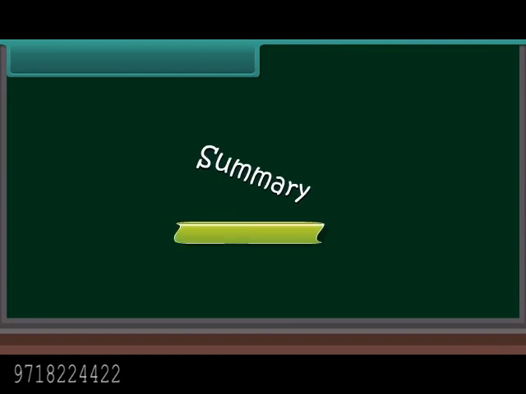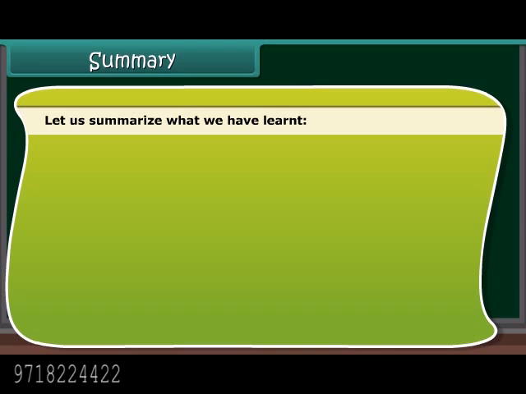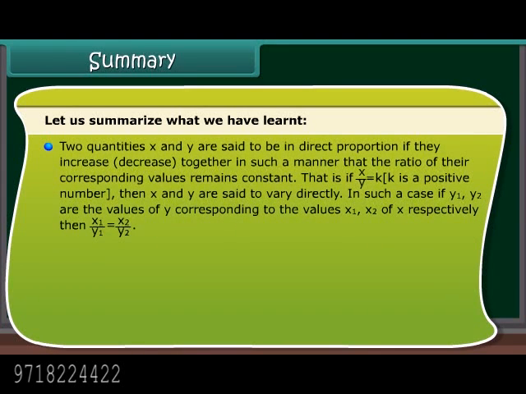Summary. Let us summarize what we have learned. Two quantities x and y are said to be in direct proportion if they increase together in such a manner that the ratio of their corresponding values remains constant. That is, if x upon y is equal to k, a positive number, then x and y are said to vary directly. In such a case, if y1 and y2 are the values of y corresponding to the values x1, x2 of x respectively, then x1 upon y1 is equal to x2